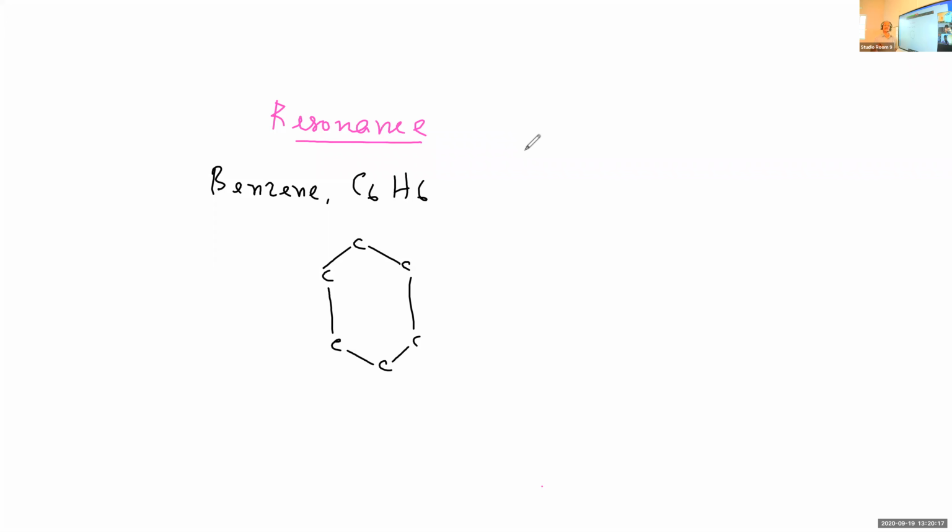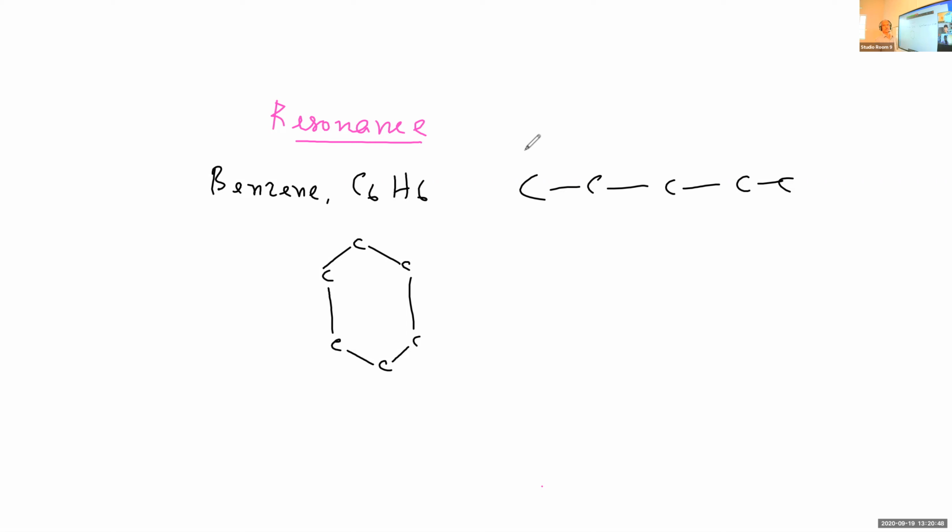The structure is not open. If the carbon chain is like this, it is an open chain structure. But here, this is not open chain. There is a ring closure. So benzene is a cyclic compound with a hexagonal ring of